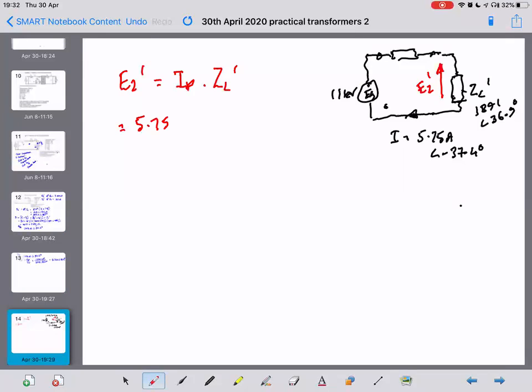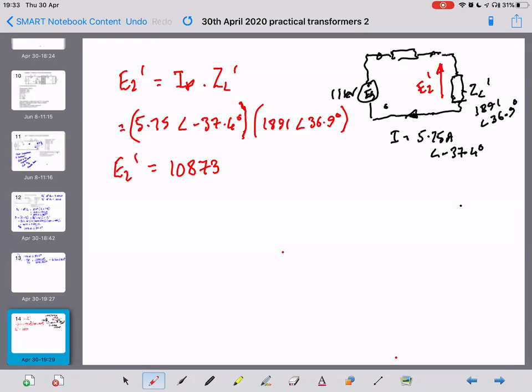5.75 angle minus 37.4 degrees multiplied by 1891 angle 36.9 degrees. You don't have to put these in brackets, but I find that helps to make sure you get these right. So E2 dash is equal to, I got